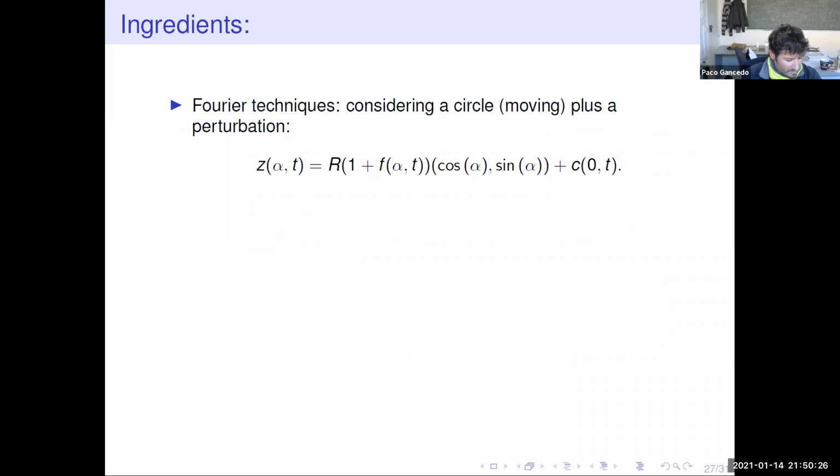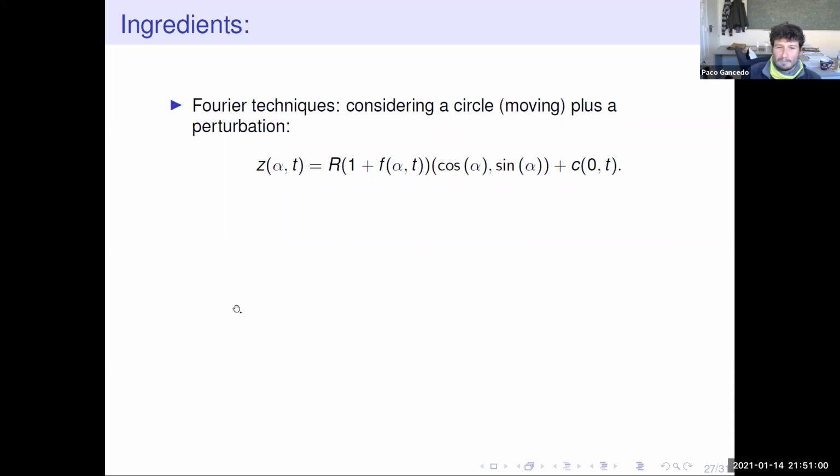Okay, I have 4 minutes, I think, to give you some ideas on some ingredients of the proof. So, this Taylor condition that doesn't have a sign is a mess. At least for me, it's hard to understand because sometimes it's helping you, sometimes it's not helping you. So at the end, a nice way of trying to understand this is using Fourier techniques, okay? So doing Fourier to the equation.